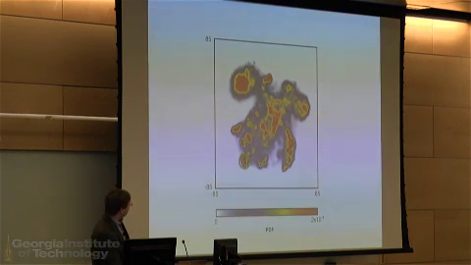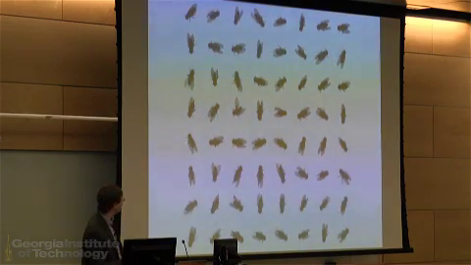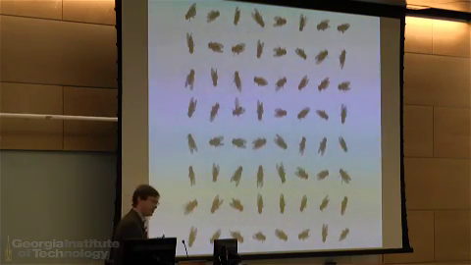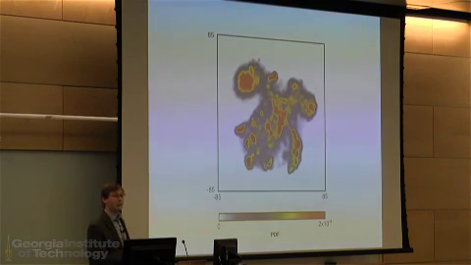Or you can pick this over here, and the flies are all grooming their left wing. And we'll come back to left wing grooming in just a moment. So we call this our behavioral space, where each one of these peaks corresponds to an individual stereotyped behavior. And then we can watch the fly as it zips around in this space and creates